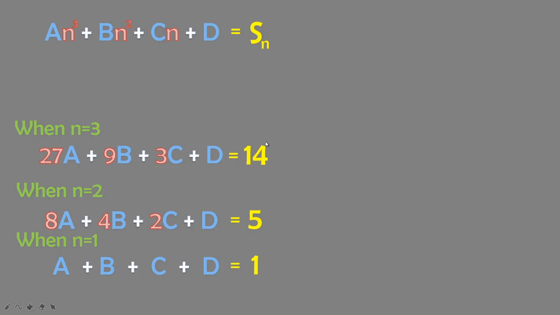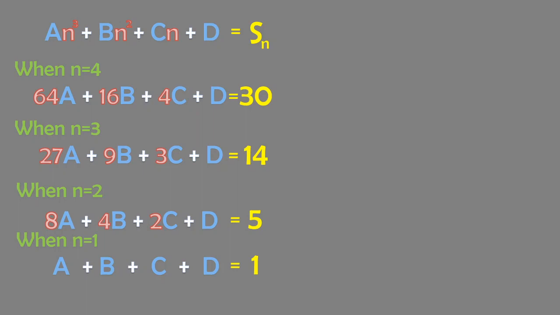Then when n is equal to 4, this is the case. 4 cube is 64, 4 square is 16, 4 is equal to the fourth number of the sum series, that will be 30. Now students, I want to tell you something in passing, that is,